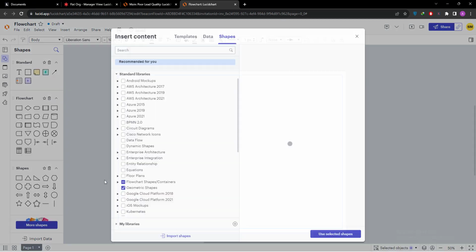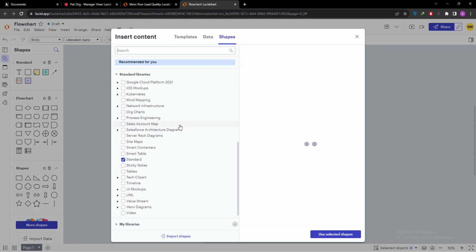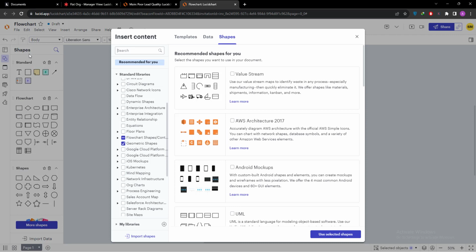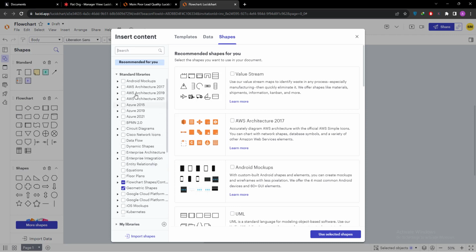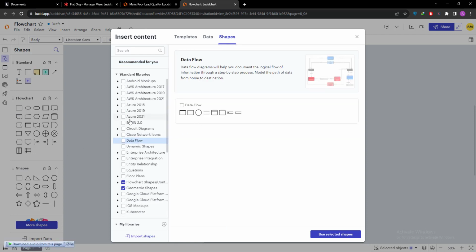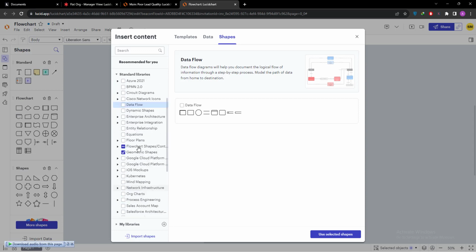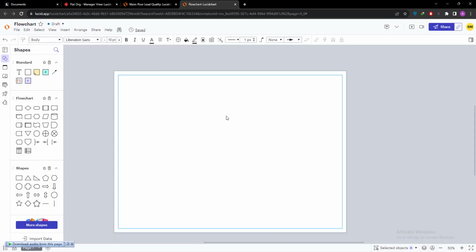After selecting more shapes, a new pane opens, and we can see a few shapes on the shapes pane, and you can also select other shapes, such as data flow, and whatever kind of shapes you want in the shape library, then you can use these shapes, or you can close this one. So I am going to move back to